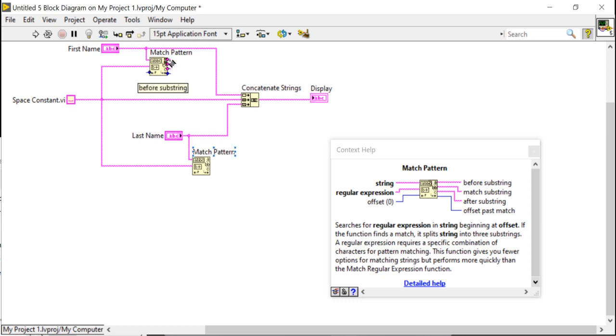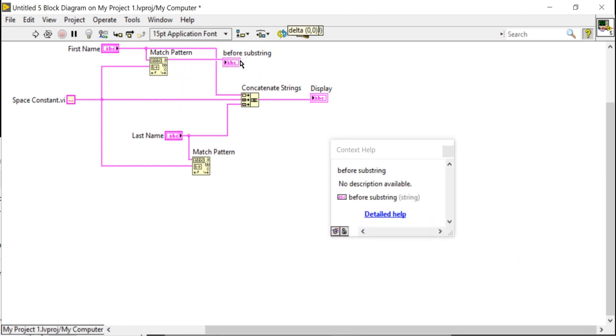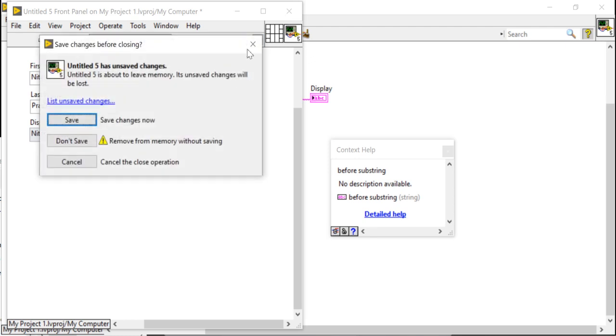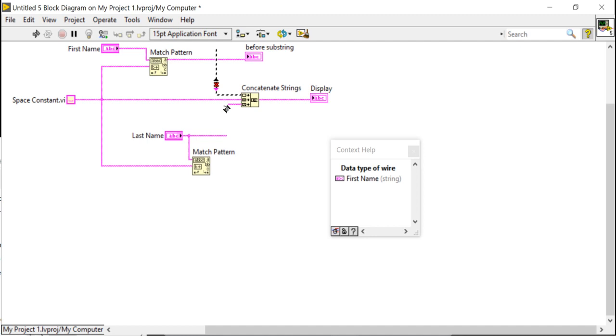Now here I am going to search it. In the before substring, when I run, I will get Nitesh. Here I am going to apply the space, but after that I will not find any space. So I can use this logic directly here.